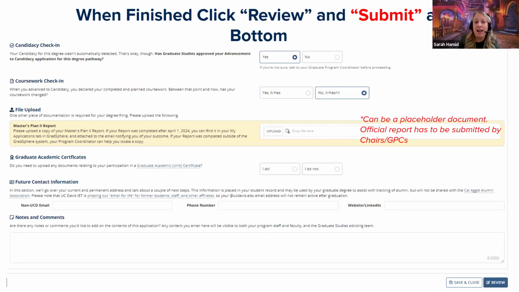But in order to graduate, every student has to have submitted a candidacy to us. And so you're going to answer yes here. Coursework check-in, you want to make sure that you check yes, it has. And then this Master's Plan 2 report,